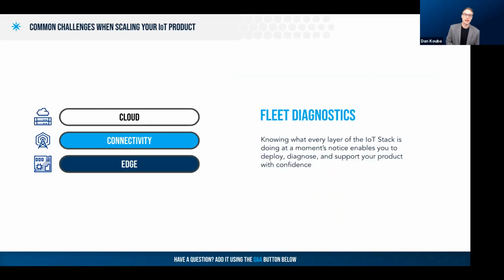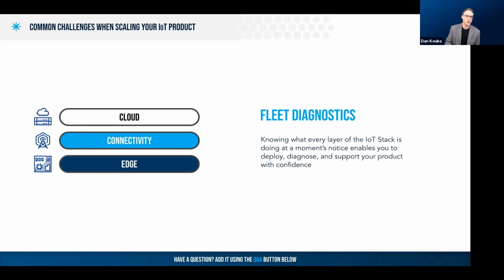Let's talk a little bit about diagnostics. So I've illustrated the IoT stack here again with the edge, the connectivity, and the cloud layers. As IoT deployments become more complicated with more different layers of processing and different technologies, the number of layers that are in between this is ever increasing. However, when there's an outage, let's take a hypothetical, you go look in your database and you notice that there's missing data for one of your devices. How do you know what layer that error is occurring in?